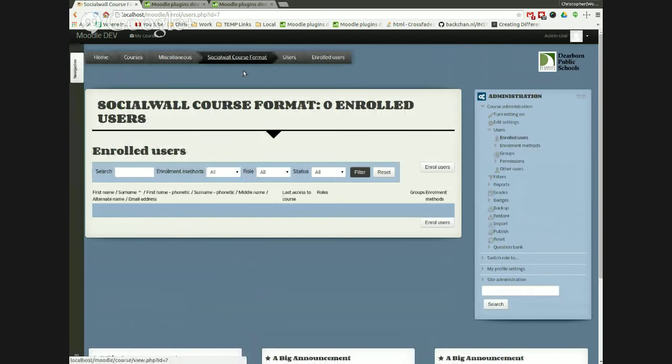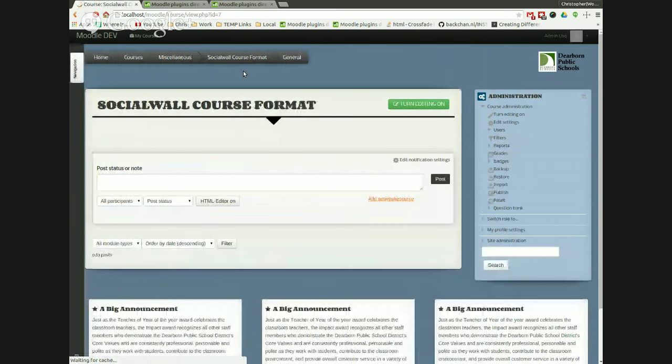So I am logged in as site admin. Normally this would list the teacher. So let's just go look at what it does. This is the Socialwall course format. You have the posting interface, and then you have the timeline. Now there's nothing in the timeline, so what we're going to do is go into the training that we would provide for teachers. We would tell them that once the course is created and they are the teacher of the course, they come in here,